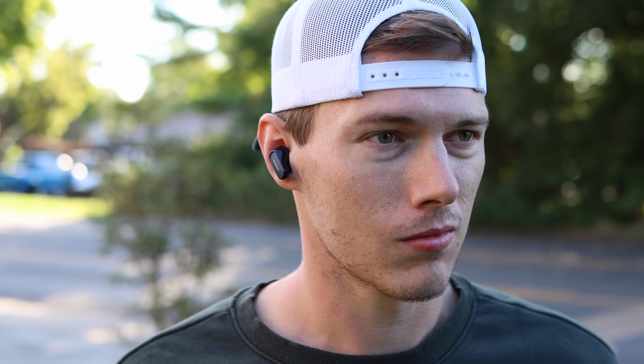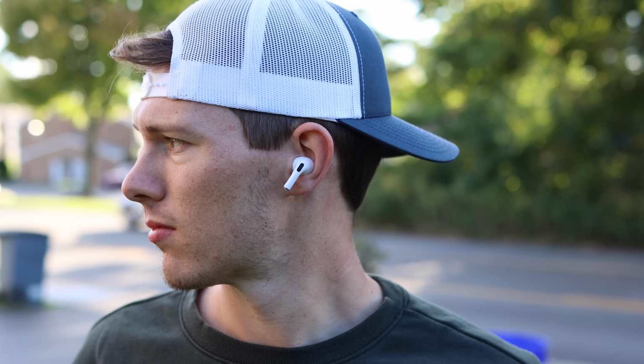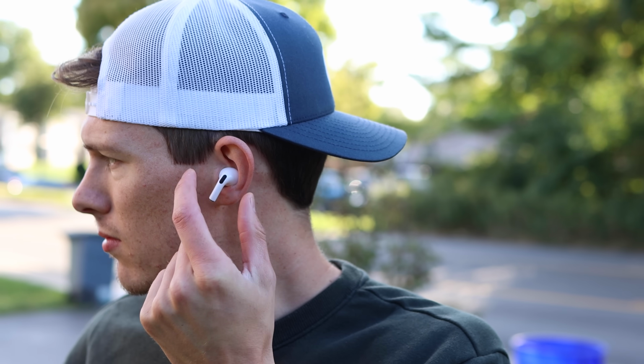which kind of gives you an interesting dichotomy, right? So on one hand, on one test, you would say the Bose are definitely better, but on the other test, you would say the AirPods are definitely better. So I continued testing. So the next test was a female voice test, and I chose this because generally